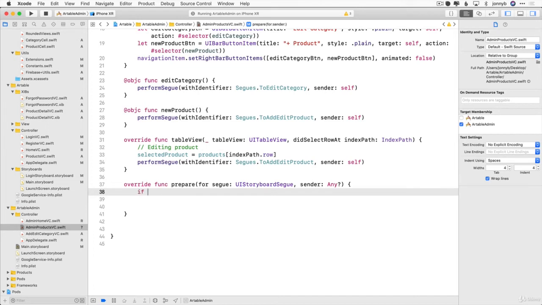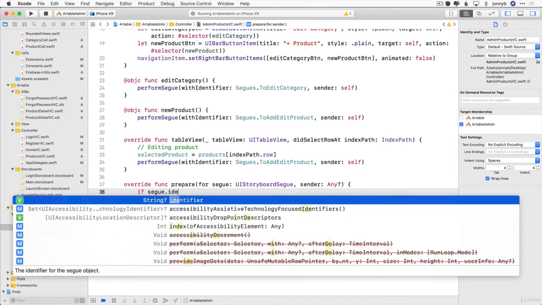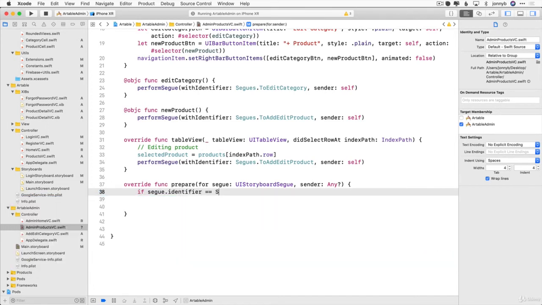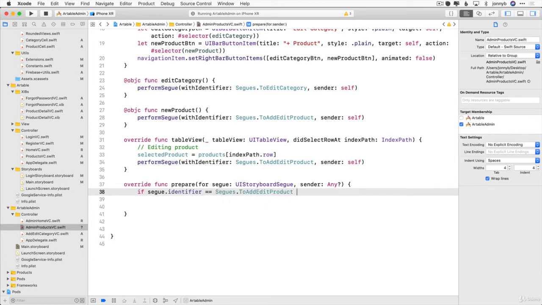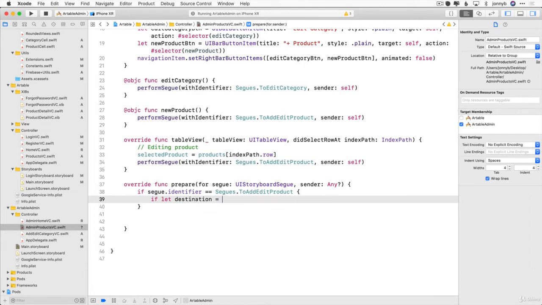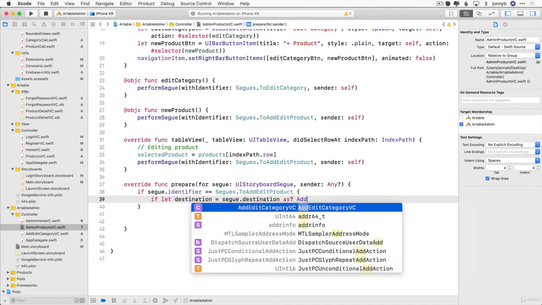So I'm going to say if segue.identifier is equal to segues.toAddEditProduct, then I'm going to say if let destination equals segue.destination as, and we're going to cast it as